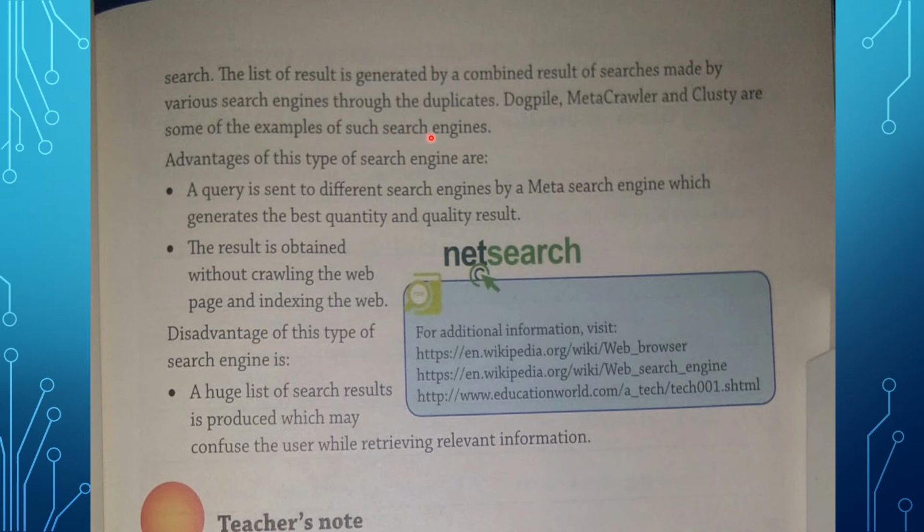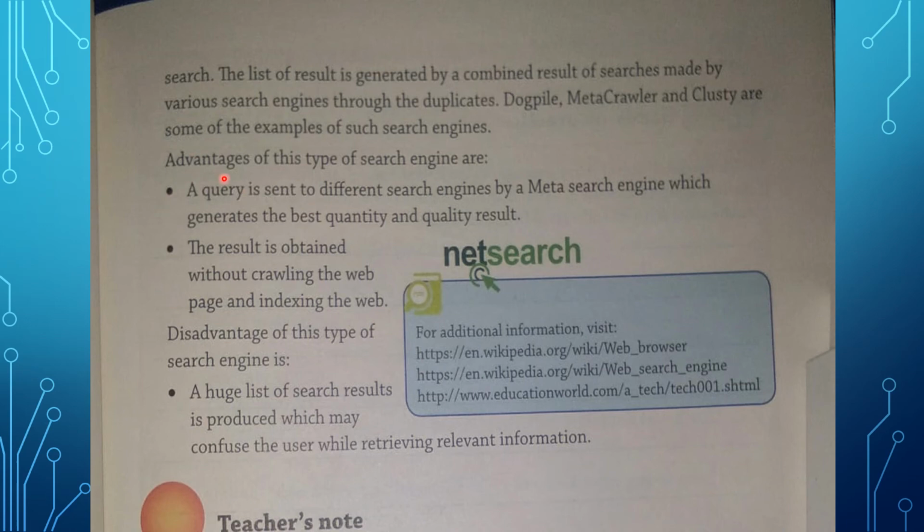So what are meta search engines? A meta search engine or search aggregator is an online information retrieval tool that uses the data of a web search engine to produce its own result. Meta search engines take input from a user and immediately send a query to search engines for a result.